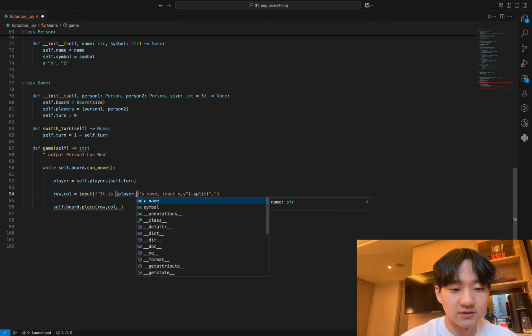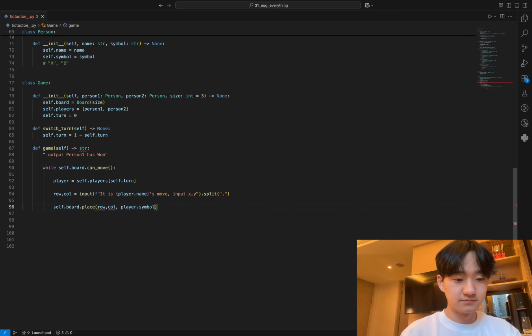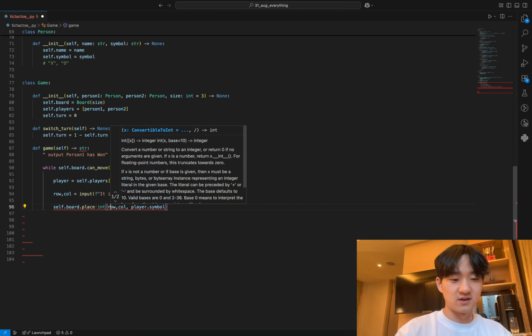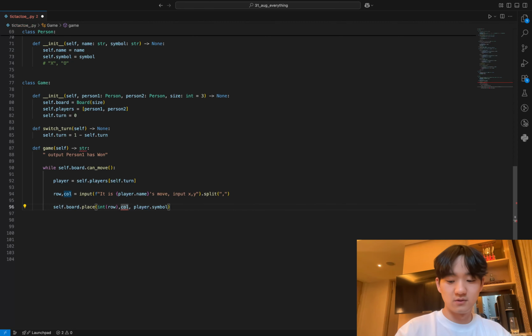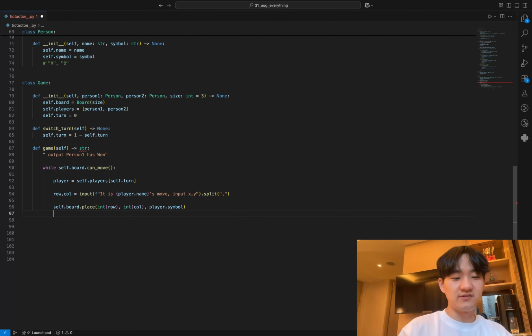We're going to pass in player.name. And then for this one, player.symbol. Yeah, we'll just cast this to an integer as well. That's a valid type. Thank you. So after we place, we're going to check